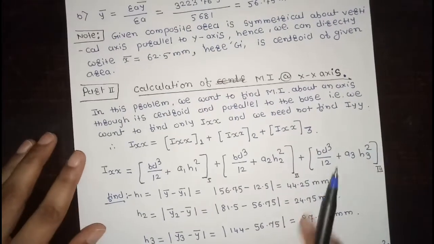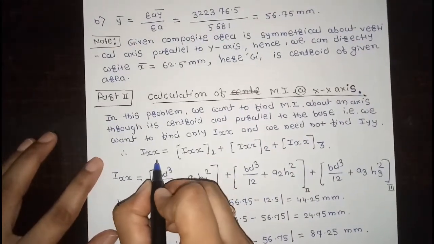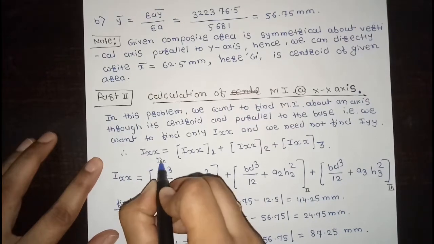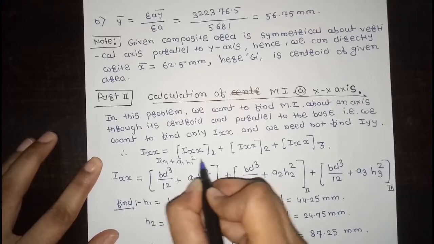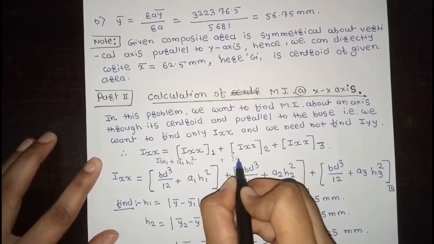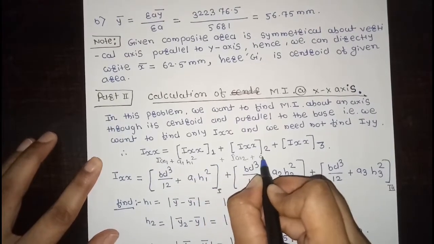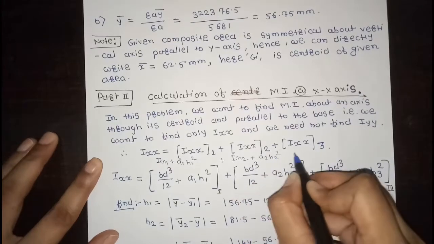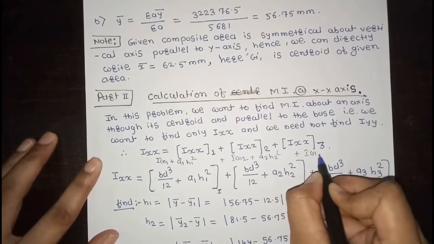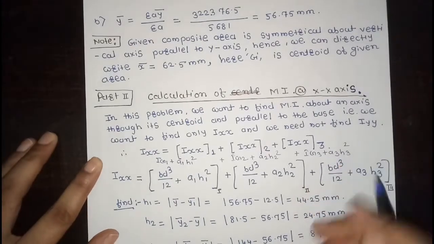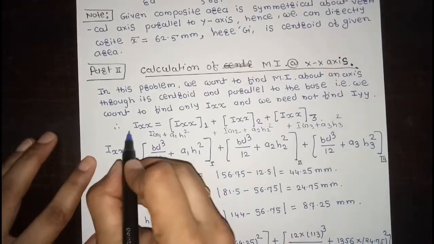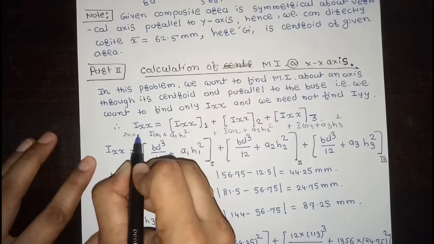What is the parallel axis theorem? Ig1 plus A1 H1 square plus Ig2 plus A2 H2 square plus Ig3 plus A3 H3 square. Okay, Ixx is equal to,